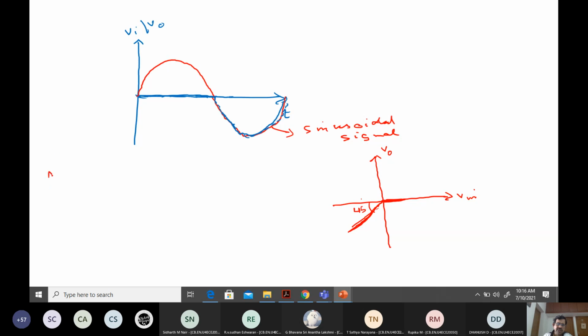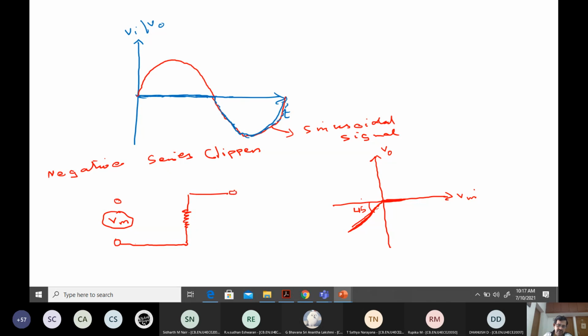Now, what about the negative series clipper? In which case, I want to clip the signal in the negative. So how will I design the circuit? The design of this circuit, we'll think about it for a minute. So let us say I got my input like this. Now it is a series clipper. So the diode I am not connecting right now. What I'm doing is I'm taking the connection in such a manner.